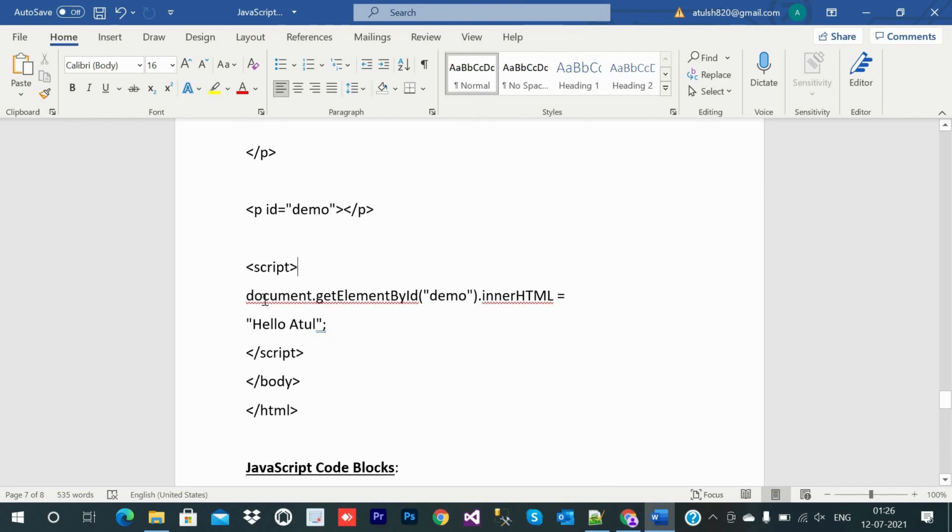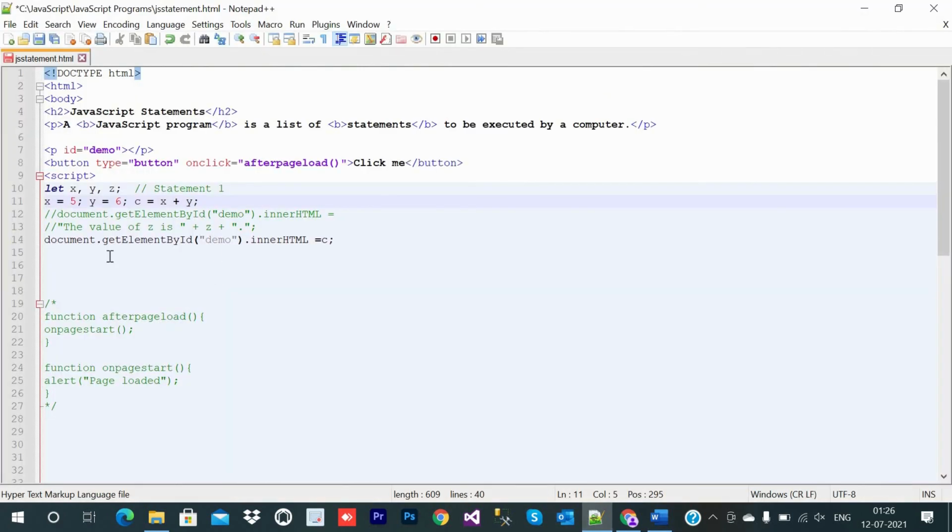Here you can count the characters in the line, and it comes to 44. So just press enter after an operator like plus, equal to, minus, division, and put the rest on the next line, so it will be more readable. It is the best place to break it. Why it is the best place, I will show you.